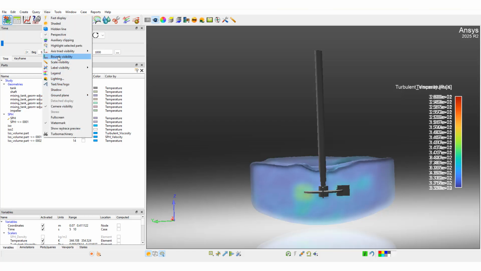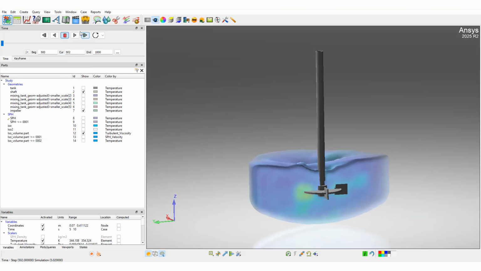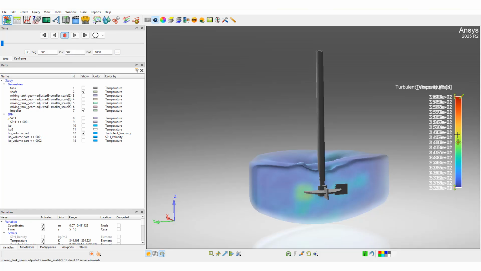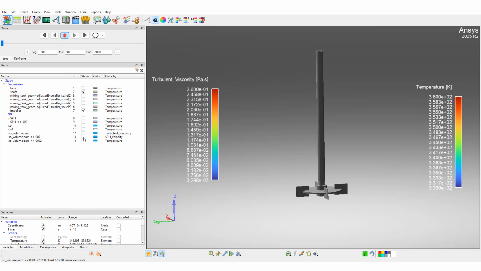I can disable the legend just to make it easier to visualize and separate them. So turbulent viscosity is higher near the impeller. We can also visualize velocity as well. So we can see velocity higher near the impeller as well,